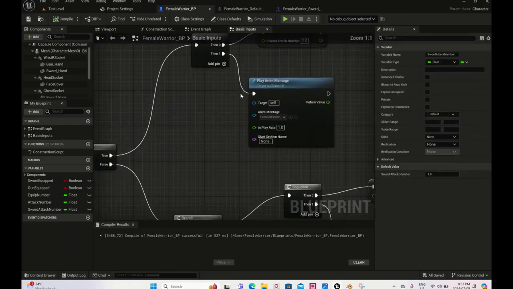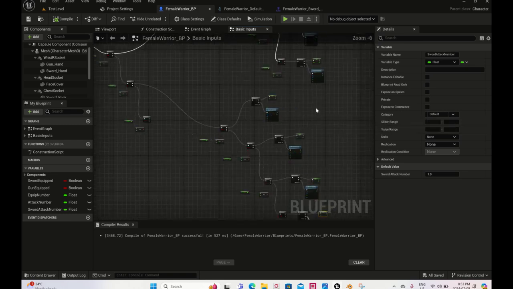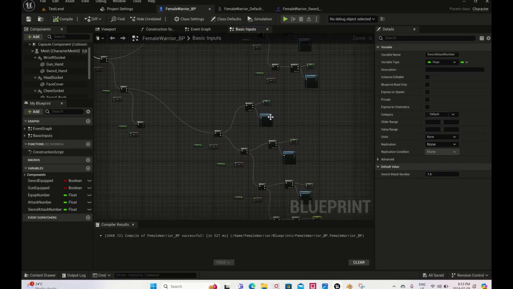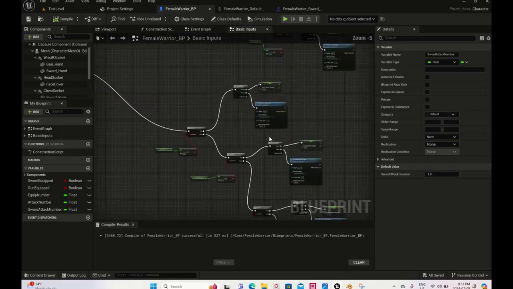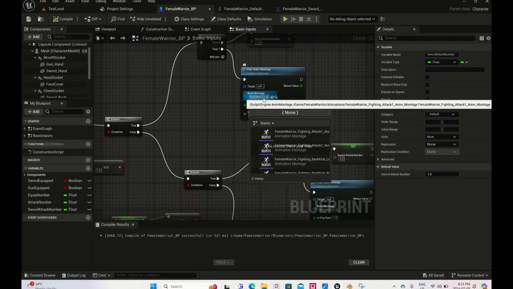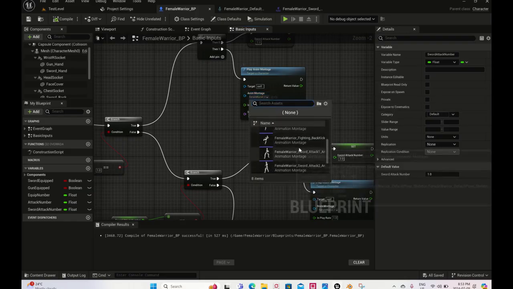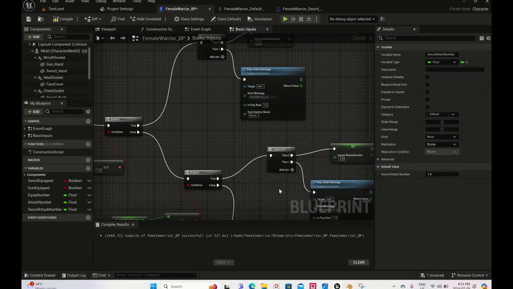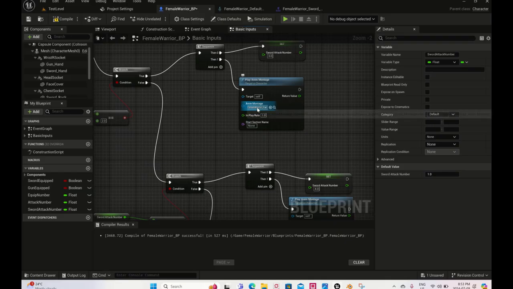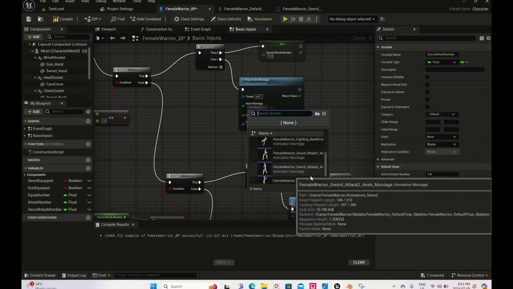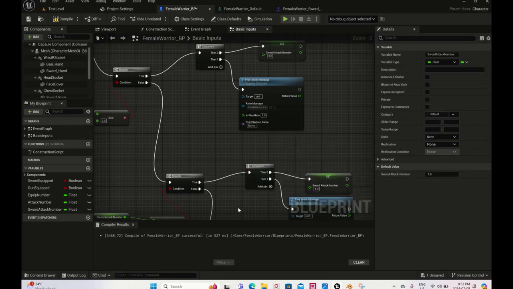So for the second set, these are all the punches and kicks. These are supposed to be all the sword swings, so I need to go and select the appropriate animation. So sword attack 1, sword attack 2,